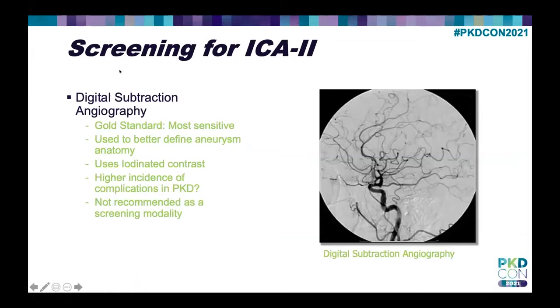If you find out that you do have an aneurysm, or if there's some question on the screening study, what's called a digital subtraction angiography might be recommended. And this is kind of similar to a coronary angiogram, where they go in through either the groin or the arm and they use dye. It is the gold standard.